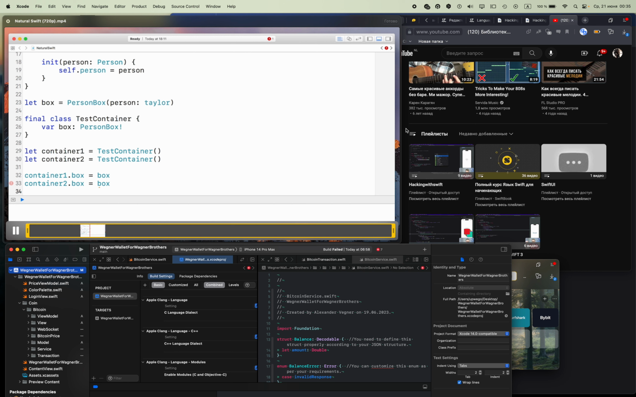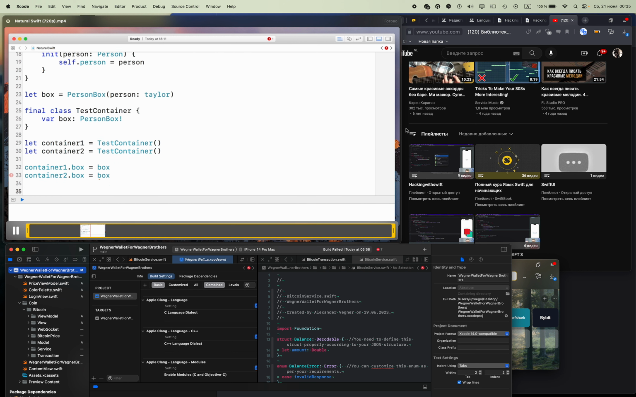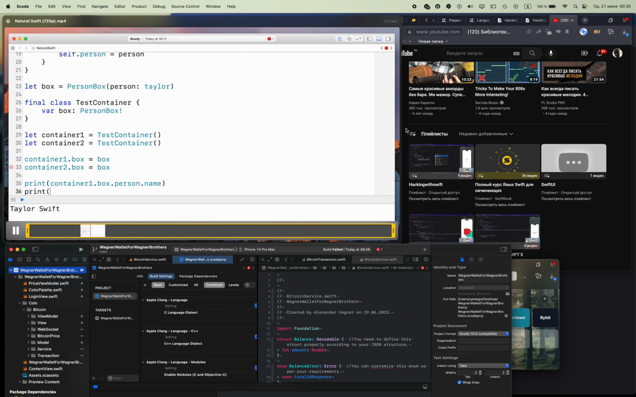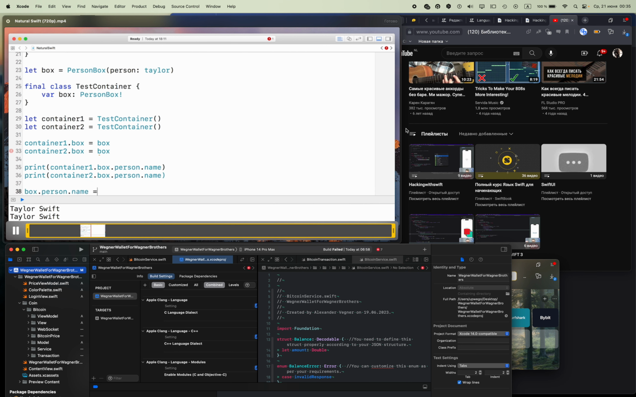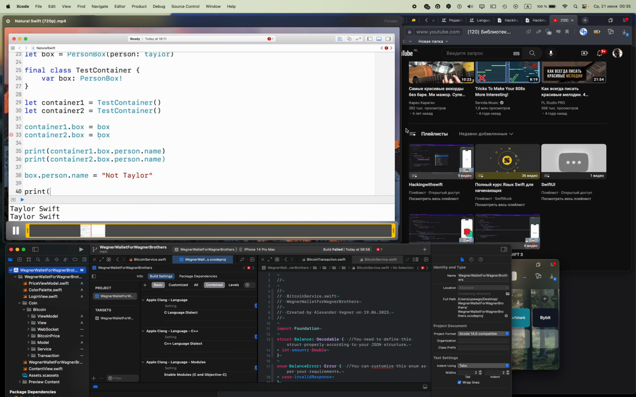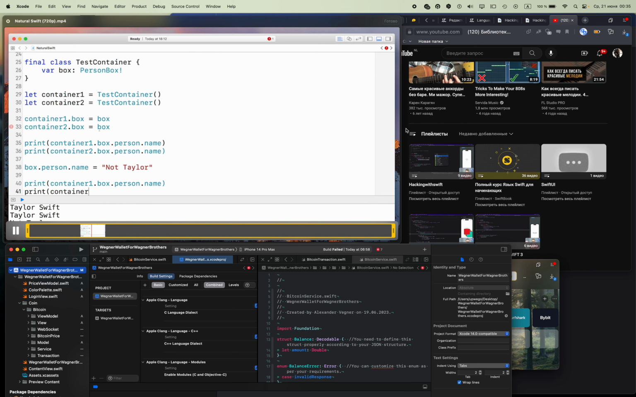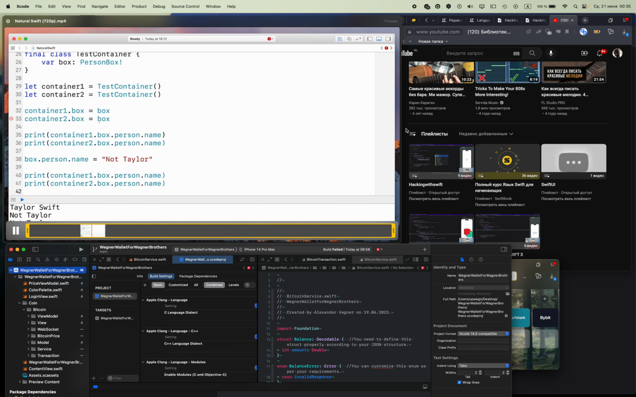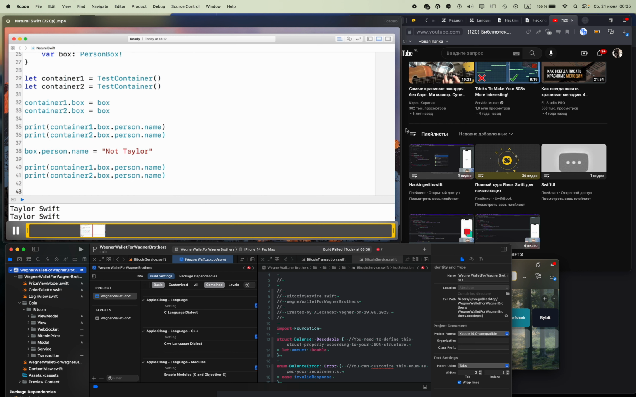To prove this works, we could write some code like this. Print container1.box.person.name, print container2.box.person.name, then box.person.name equals "Not Taylor", and again print container1.box.person.name and print container2.box.person.name. That'll print Taylor Swift twice, then Not Taylor twice, proving that changing the value in one container changes the value in the other. If you intend to make extensive use of boxing and unboxing yourself, again, warning, warning, warning, dangerous, and so forth,